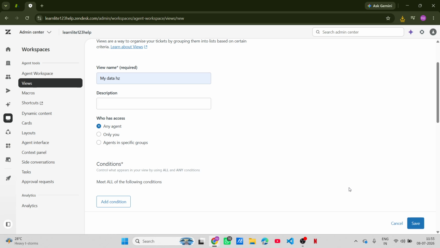Customizing your workspace in Zendesk not only enhances your workflow, but it also improves the overall customer experience because now you're responding more effectively to their needs. Thank you for joining me in this guide on solving